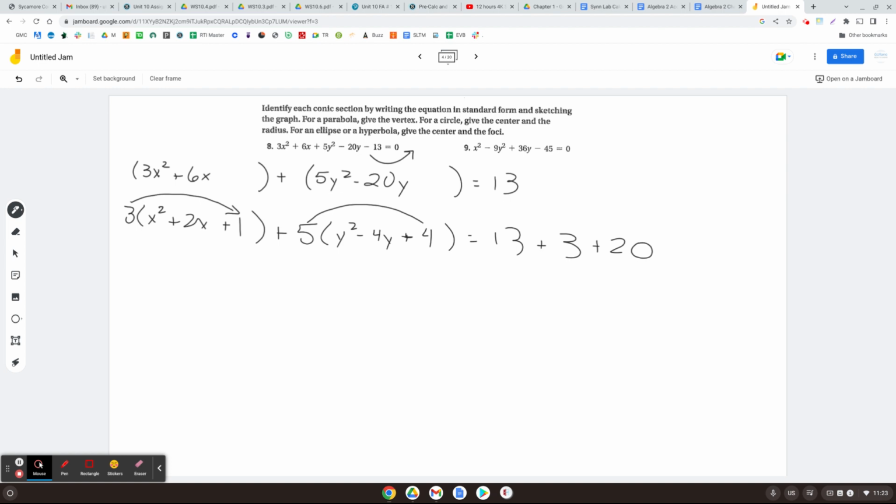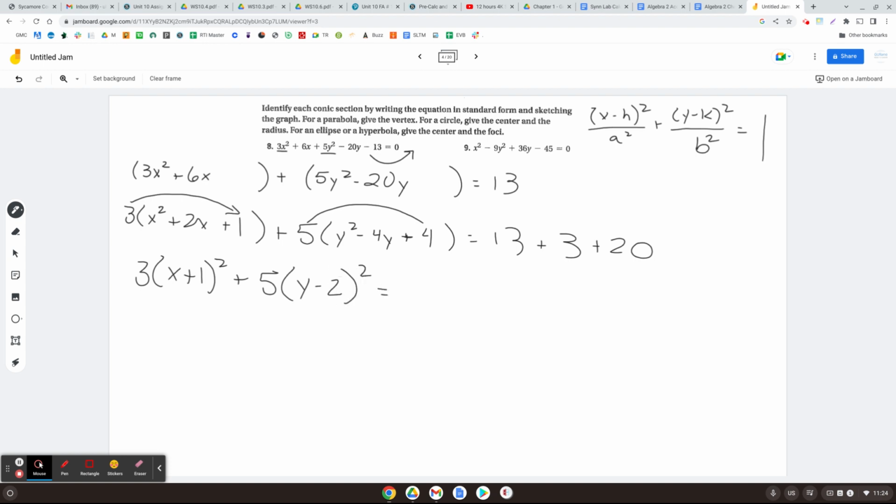Okay? So remember, since this one and this one do not have the same coefficients, this is not going to be a circle. So when we're done, this is going to have to be an ellipse. Okay? So that's what we want it to look like. We're trying to make it look like that. So what does it look like now? Well, this is 3 times (x plus 1) squared plus 5 times (y minus 2) squared